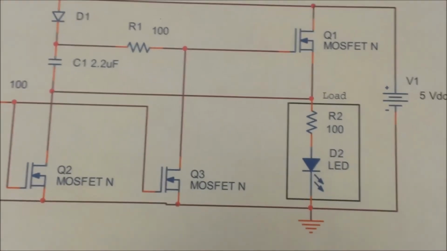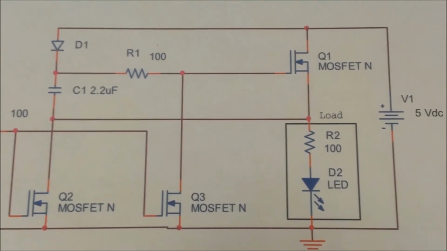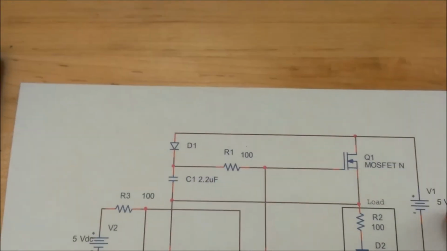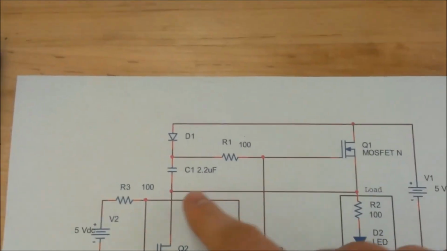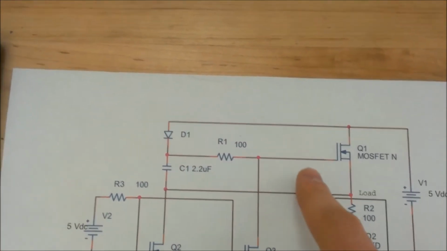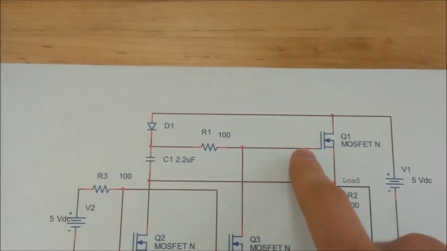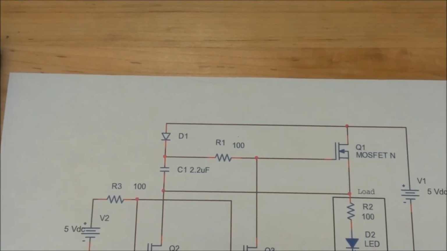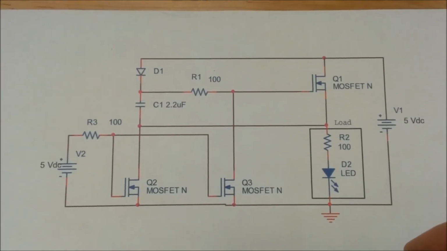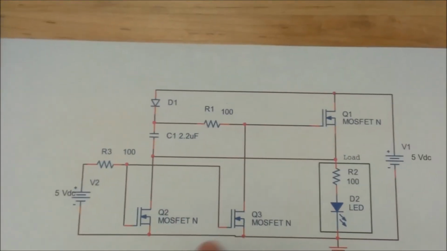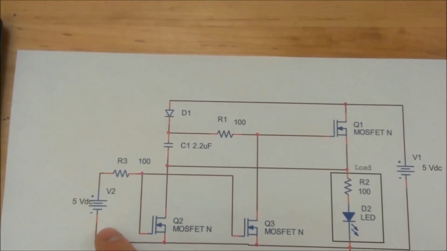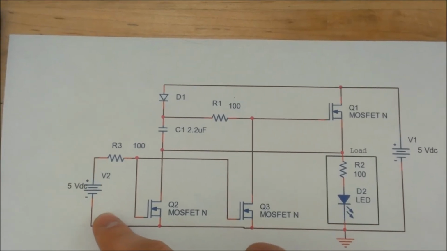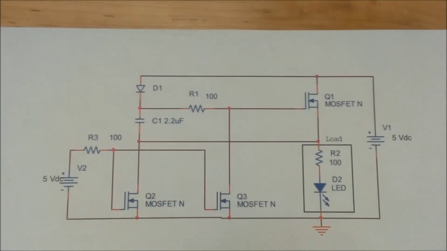This is the schematic for the bootstrap capacitor high side gate driver. V1 keeps the capacitor charged, and because the capacitor is essentially across the gate and the source of the MOSFET, it should always be in saturation. Next, the other two MOSFETs on the bottom are turned on by V2, the control voltage. Now, in this configuration, because both